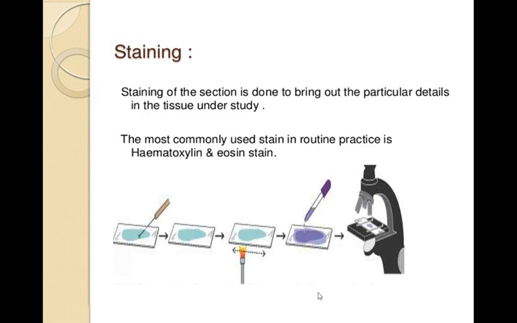Here we can see the procedure of the staining. Here, first of all, fixation is done. We prepare a smear, then we mix it with the bacterial culture, then we fix it. Then after fixation, heat fixation is done. Then the next step, staining, happens here. You can see in the image. So staining takes place, and then we observe the slide in the microscope. In this way the observation is taken.